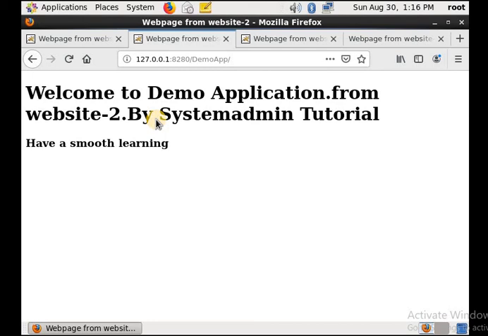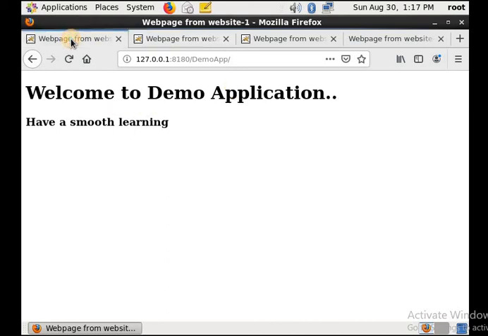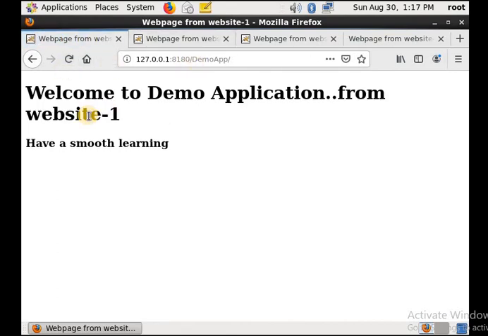If you are running a single website in a single Tomcat server, but you want all this to be balanced and to provide high availability of the website, at that moment all the contents will be the same. We have already seen in the previous video how to do this Tomcat clustering, so that in a single Tomcat server we can run multiple websites, or a single website on different ports, so that high availability of the website can be availed, and the user will not get any outage experience while trying to access or utilize the resource.